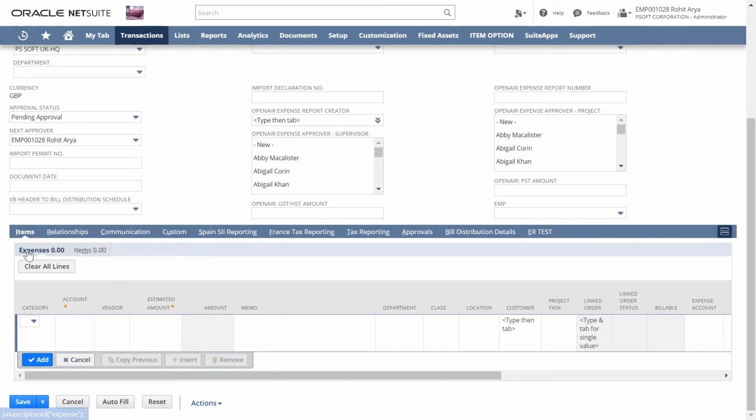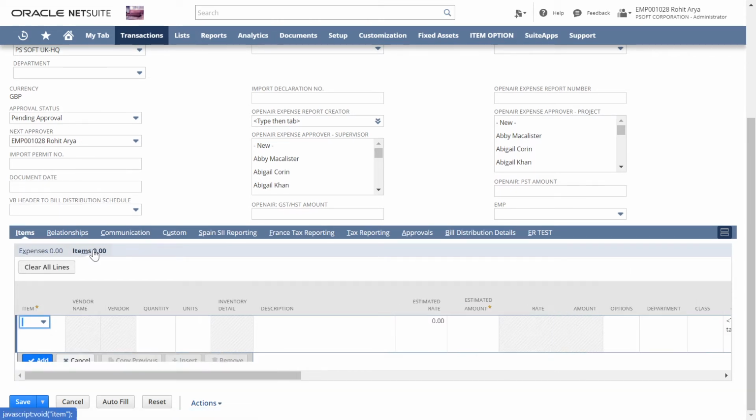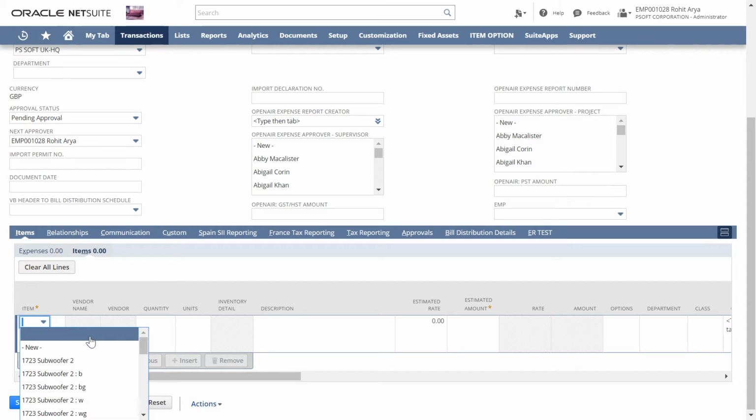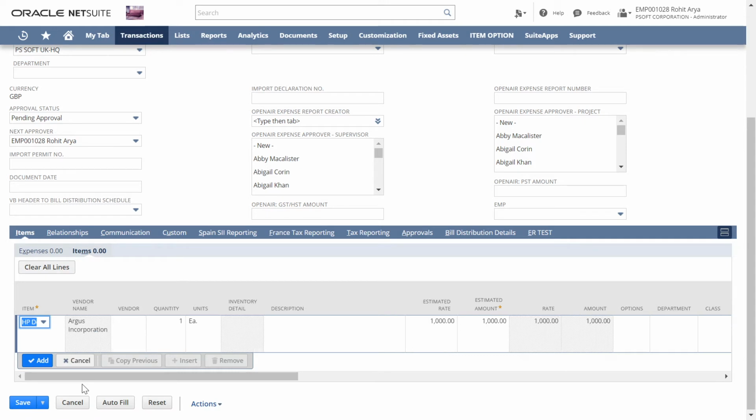Hovering down, in the items tab, we will be going to the items and mentioning the item for which the requisition is being made. For this, we are taking an example of an item here. You can see as the item is chosen, the rate and the quantity are automatically populated. This is because while creating the item, this information was predeterminedly fed in the items tab. So now you can see we can change the quantity here as well. And as we change the quantity, you can see the amount will automatically change.